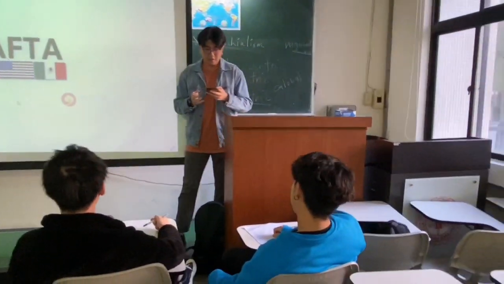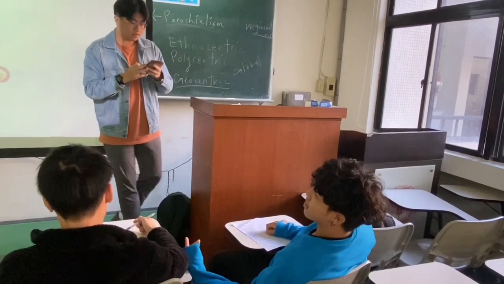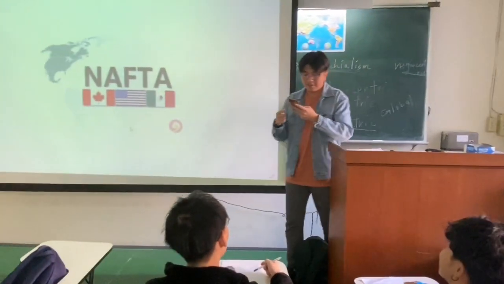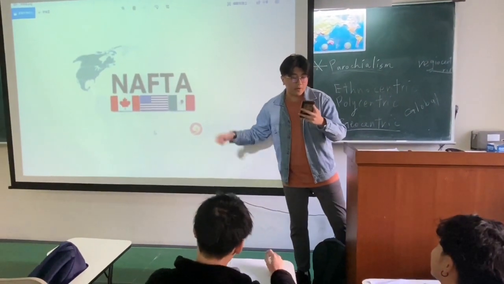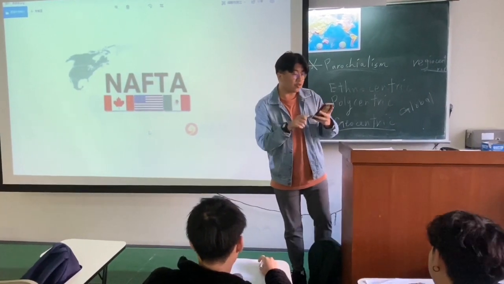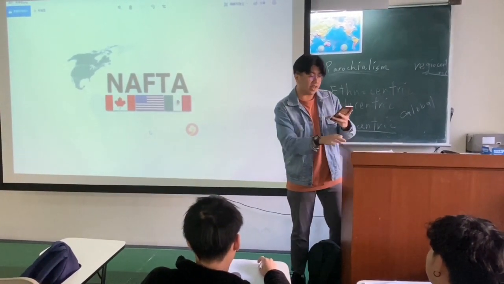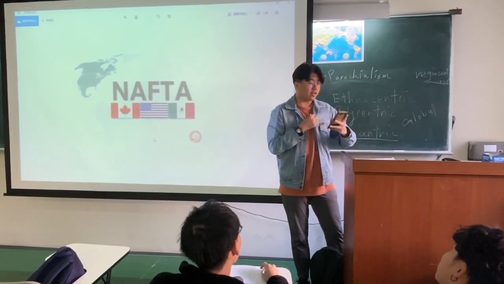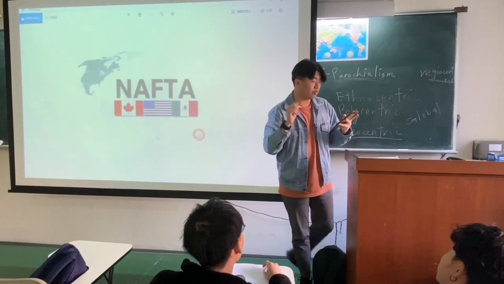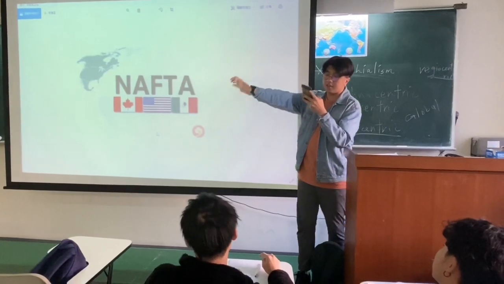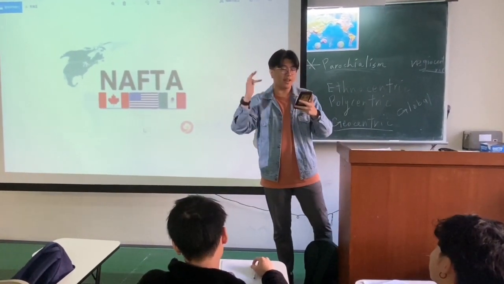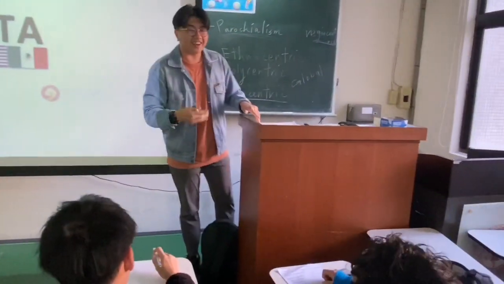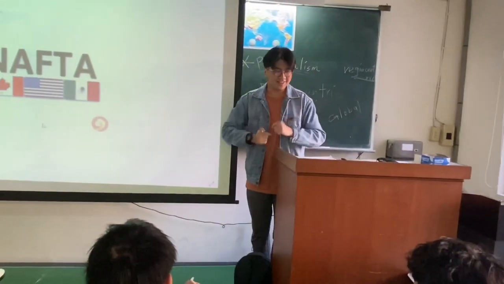I have a question. What is the difference between an FTA and the EU? What are their targets? Good question. Unlike the European Union, the North American Free Trade Agreement is not an agreement that overrides national governments and national laws. Can you explain it again because it's too difficult? Okay. Unlike the European Union, NAFTA is not an agreement that overrides national governments and national laws. Can you figure that out? I will try my best. Okay, good job.